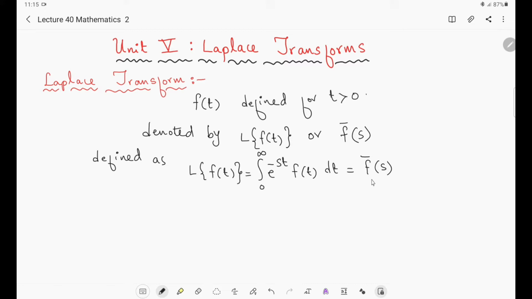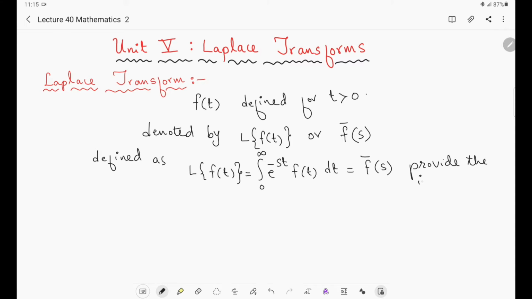The notation is, when we transform, what are we getting? When we evaluate this integral, we will get a function in terms of s. That function is denoted by f bar of s. So the Laplace transform of f of t is f bar of s, and it is defined as the integral from 0 to infinity of e power minus st f of t dt, provided